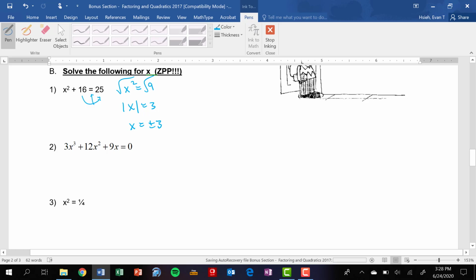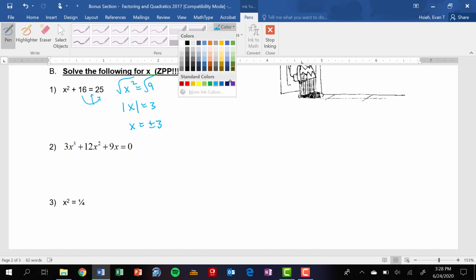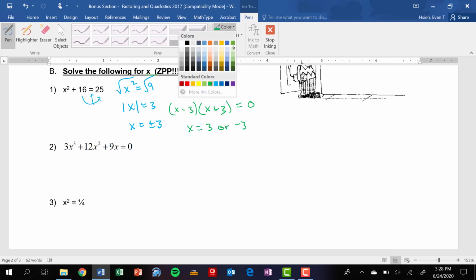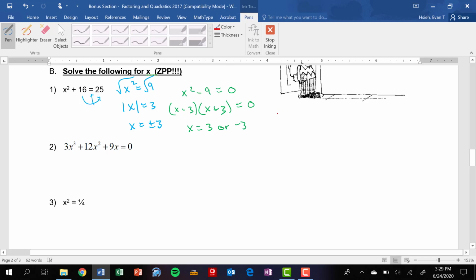The other way I can do this problem is I can bring the 25 over to the other direction, and so it's going to be x squared minus 9 equals 0. I can factor this because I can hopefully see that it's a difference of two squares. X minus 3, x plus 3, x is equal to 3 or negative 3, using what's called zero product property,